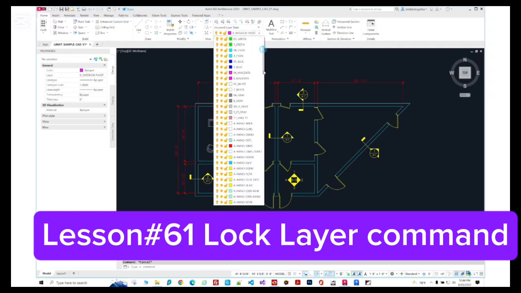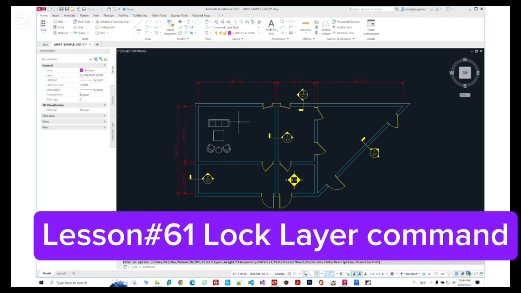You could probably go here, find a wall, and click this lock box. If you want to unlock it, you click it again, right? Now, instead of using the user interface, this is what you're going to do. You type in